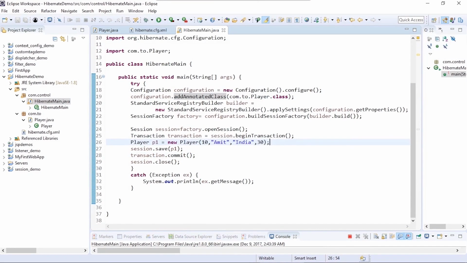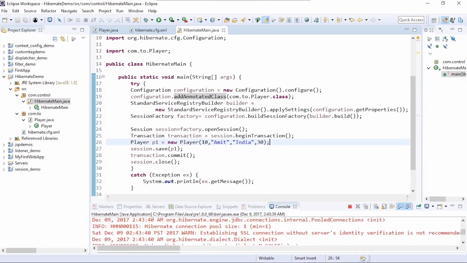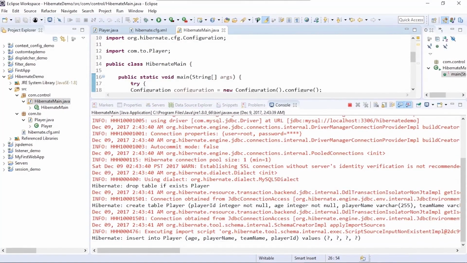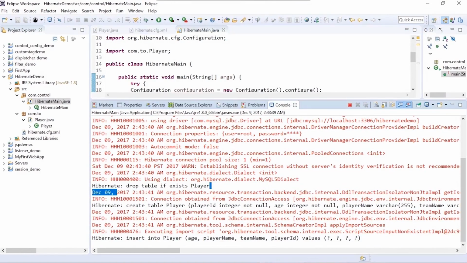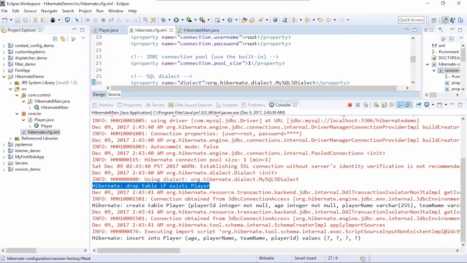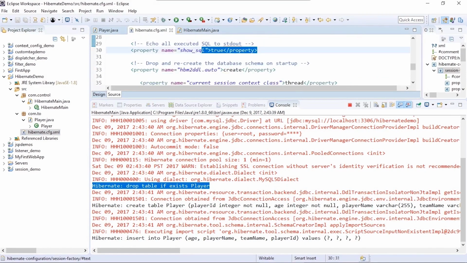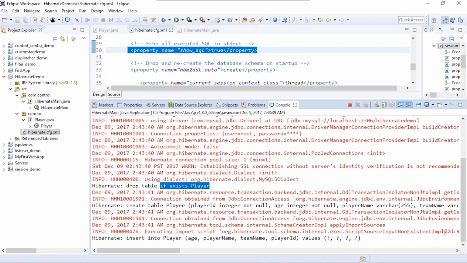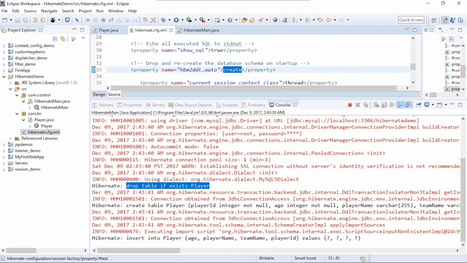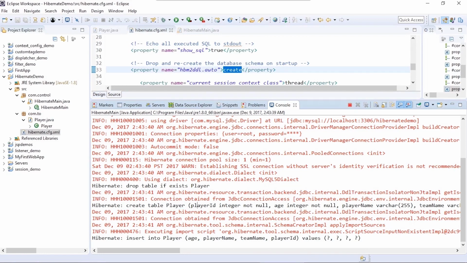and let's look at the output. You can see here now, because in the config file we had actually given this configuration which says show SQL true, it has actually generated the SQL statements in the background. So it says drop table if player exists, and that was because we gave the auto mode here to create. Then it creates the new table and you see the SQL that is written automatically for us based on the structure or the attributes in the class, and then it has attempted to insert a new record of type player into the database.